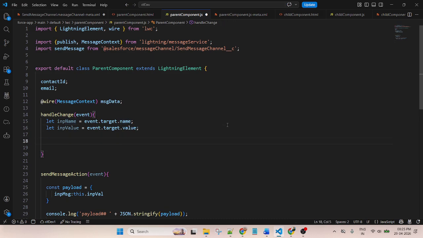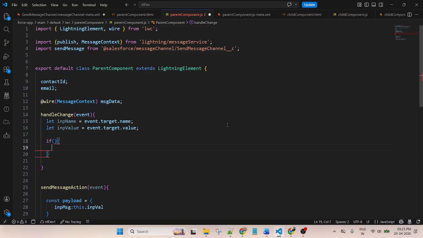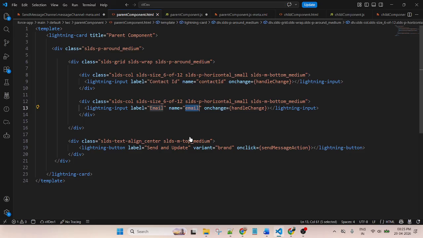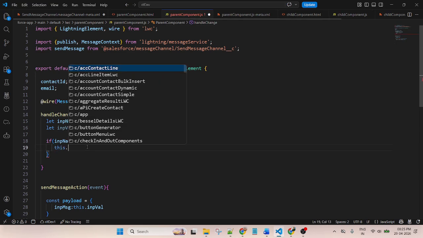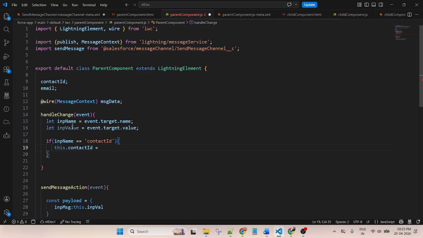Then use the condition if this input name double equal to contact ID, checking this name. Then we'll store the value inside this variable, equal to the value coming from here.